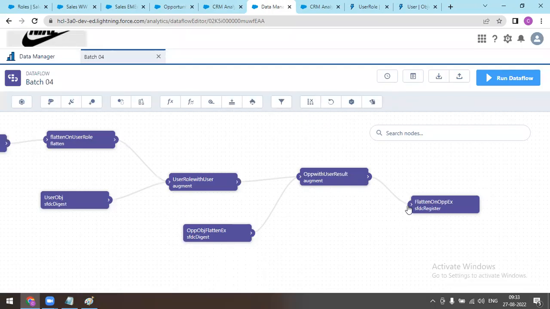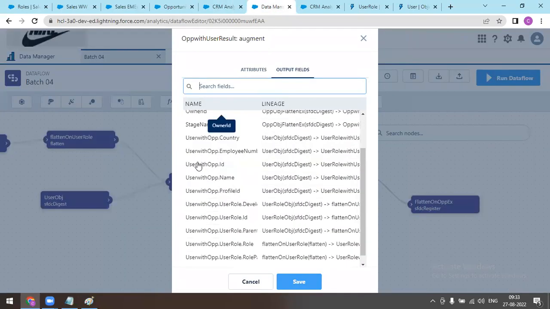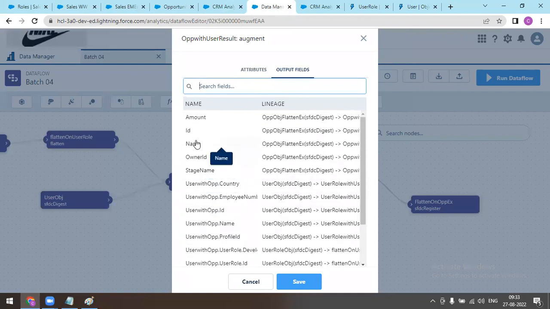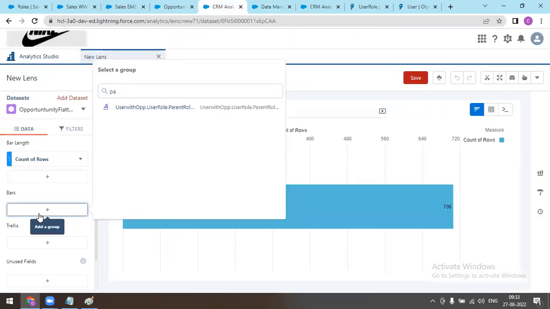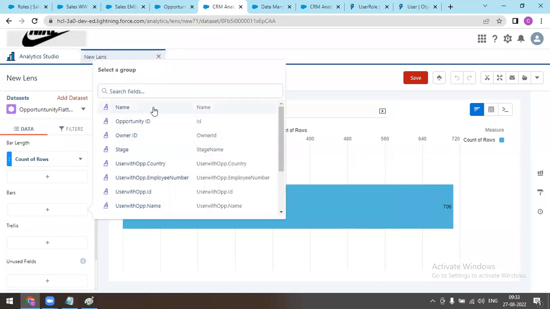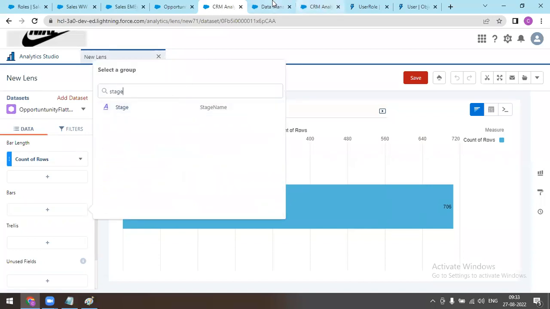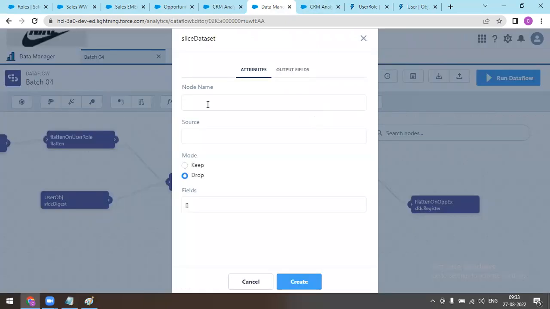So slice, you know, right? Let's suppose I have these fields. I want to remove maybe the name field, or else I want to remove the stage name from the final data set. I have stage name here. I want to remove it from the final data set, so I can use slice data set. I'm going to remove